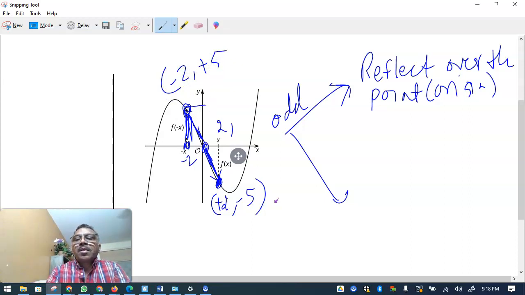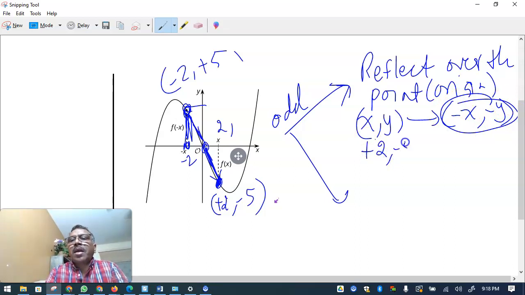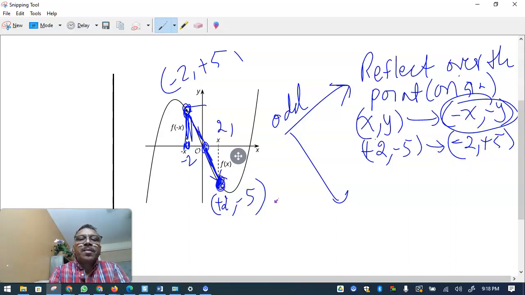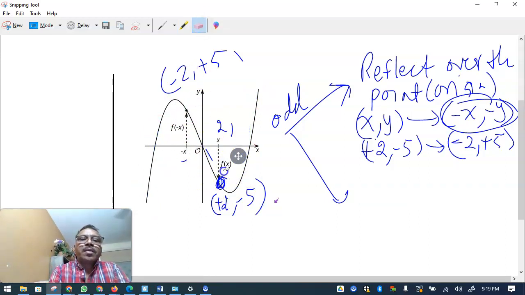So what it means is, basically, if (x, y) is a point on the graph, then the opposite of the input and the opposite of the output is also a point. In this example that I showed, if plus 2 and negative 5 is a point on the graph, then also minus 2 and minus of minus 5, which is plus 5, is also. So if this is a point on the graph, then this also is on the graph. That's one way to look at it, or you can also look at it like